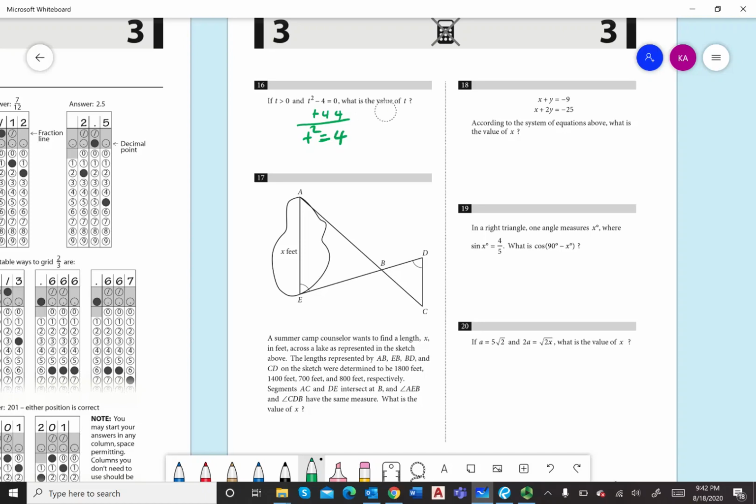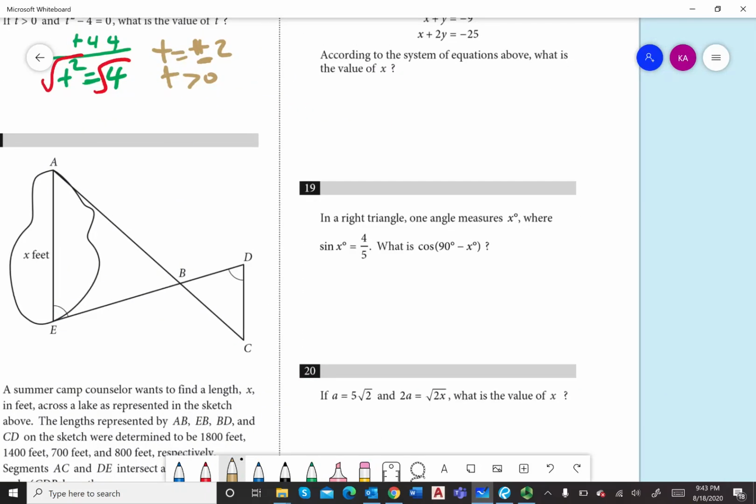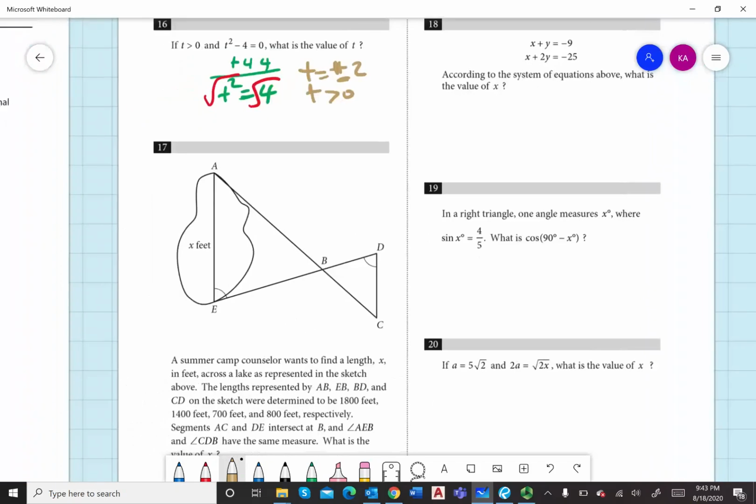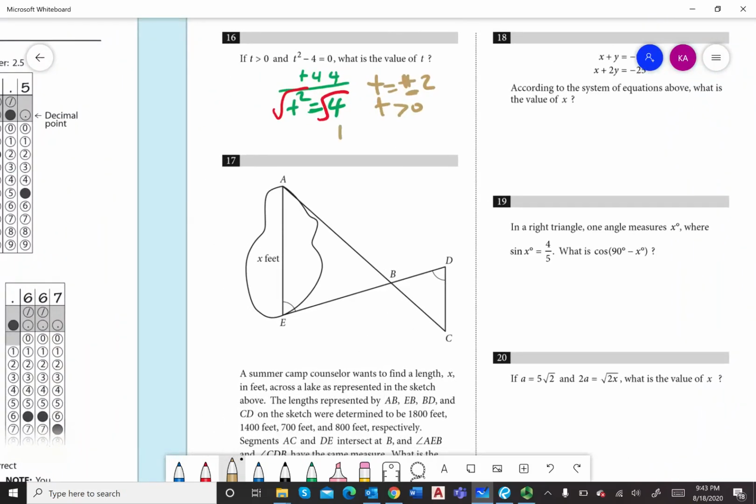So if you have this, the way to get to the answer is taking the square root of it. Now, a simple rule, if you are one of the people that forgets, is that if you're the one taking the square root, then you must have plus or minus. Okay? So technically the answer is plus or minus 2, except t is greater than 0. So because t is greater than 0, we cannot choose the negative value. So t is equal to 2, which is the one we're gonna